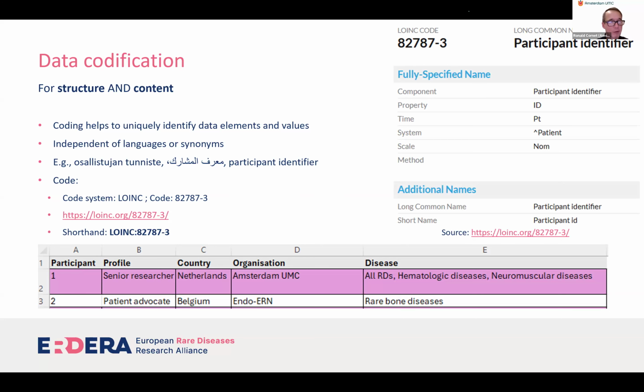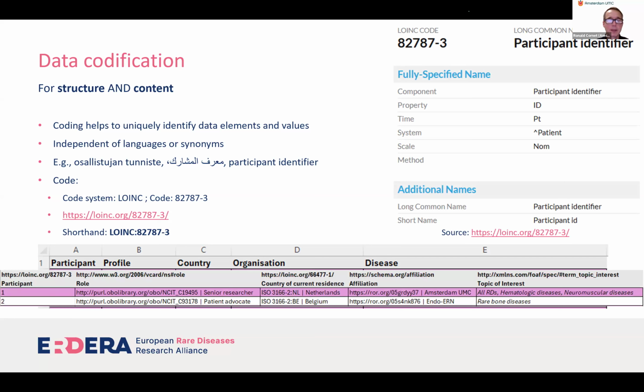And it provides some extra information about what this code describes. And I can do that for each of these. And I took the liberty of changing the profile to role. And I can find a role data element code in, well, which you see here,